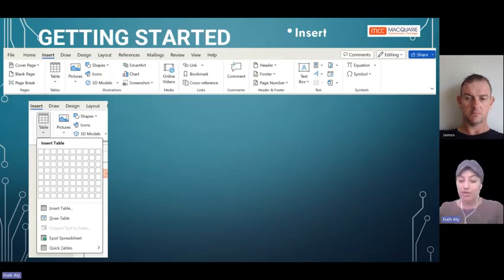It will shade it blue, and you can choose the number of columns and the number of rows according to these points. Or if you are a mathematician and you want to write numbers, you can just click on Insert Table, and once you insert the table, you will have to put the number of rows and the number of